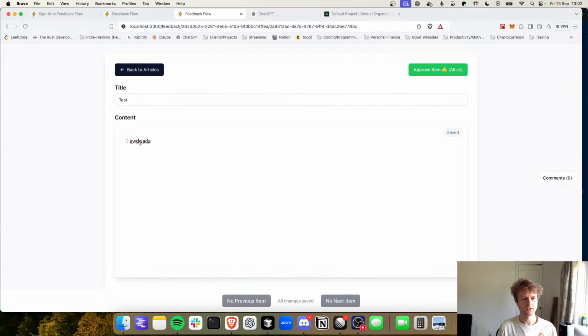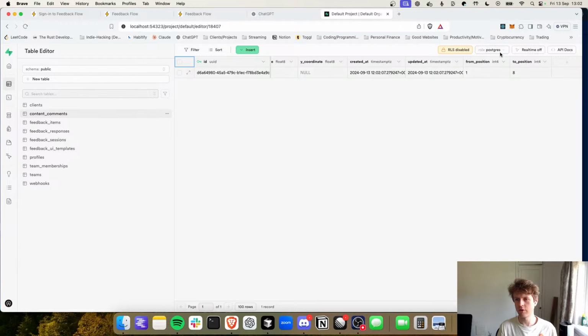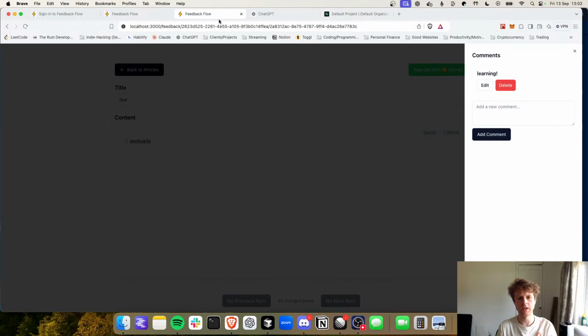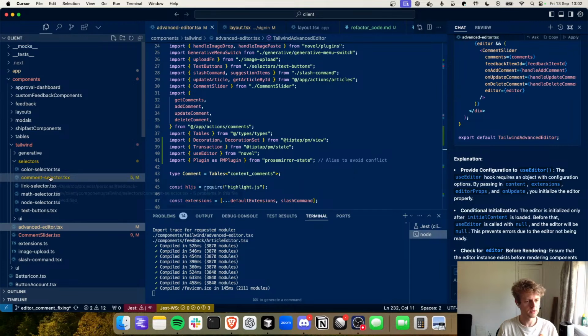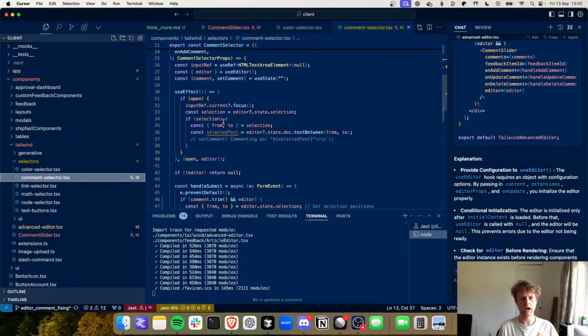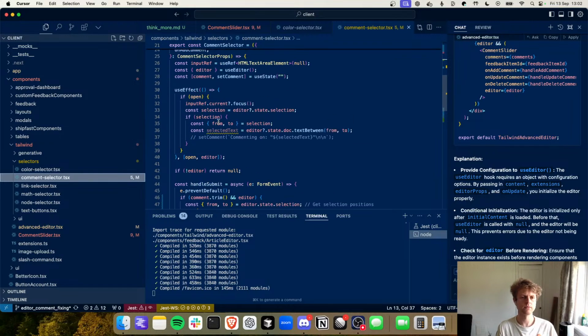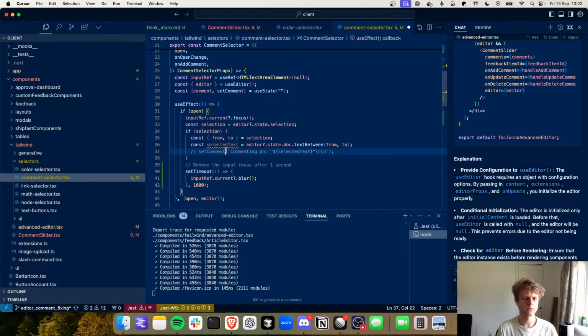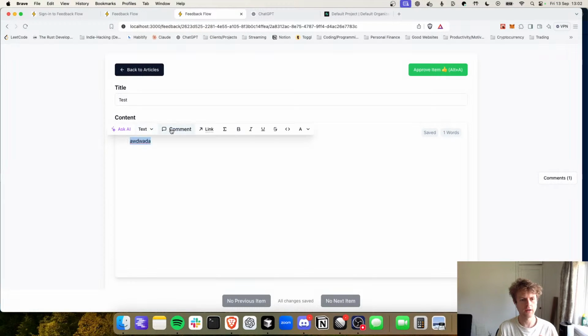We're close, guys, we're close. We are close. We've got the AI for content generation, and we have the ability to add a comment below the learning. And the comment will get added to the slider, which is good. And the position is now being saved. So from position and to position is being saved. We are able to save the position, and that's coming from the comment selector, which is now actually using, when we add a comment, input ref.focus, so it focuses in. I think we should also have something like remove the input focus. If I try doing that,